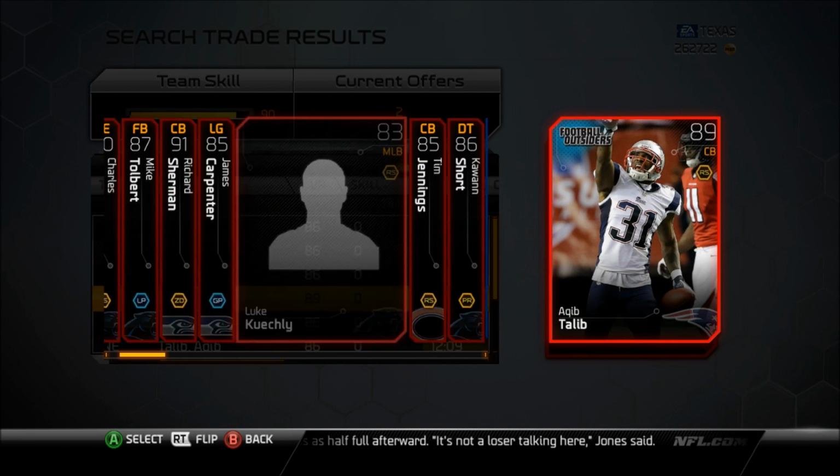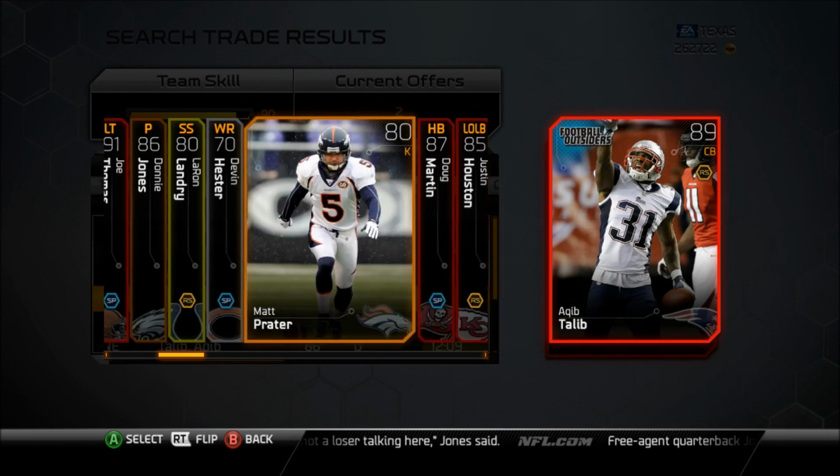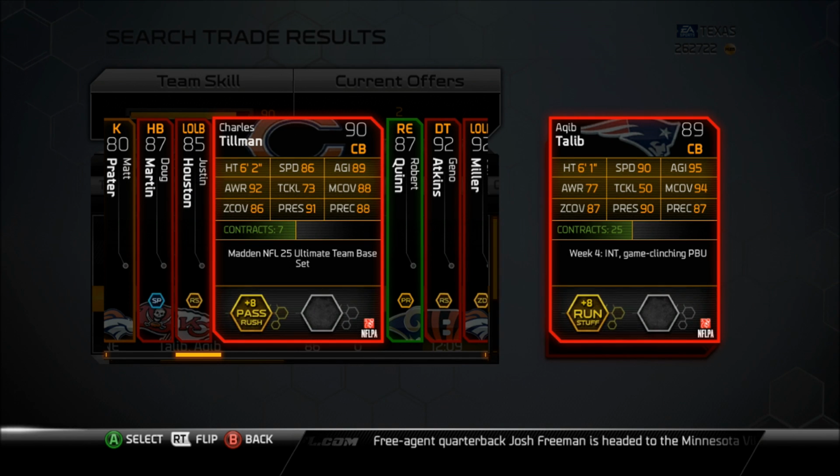But if you can get this card for 20K, I'd say just pick it up anyway because that's a really good value, since he's pretty much the same price as Charles Tillman at that point, and he pretty much is not better than Tillman at anything but the man cover. So if you need a guy out there that can be on an island by himself, this card is for you, and he is a little bit taller to cover some of the taller receivers out there, such as Calvin Johnson. You also got Demaryius Thomas,